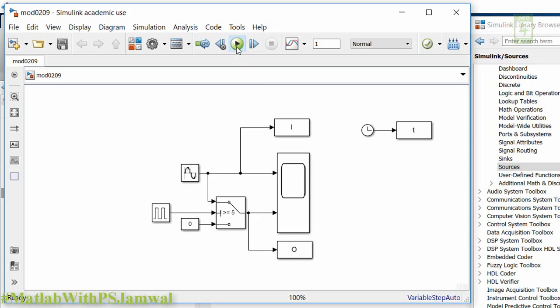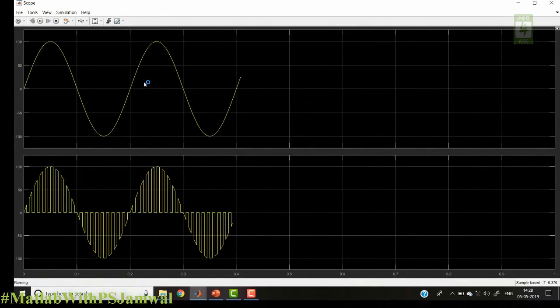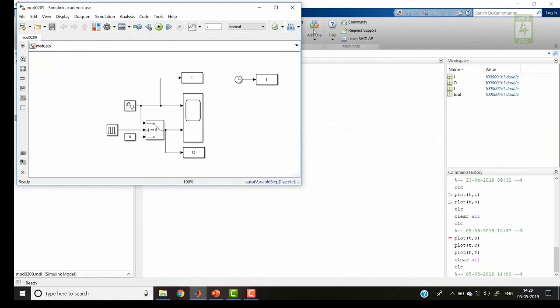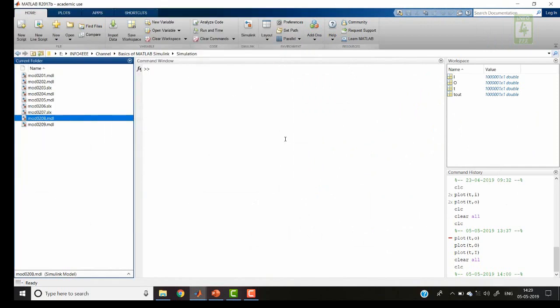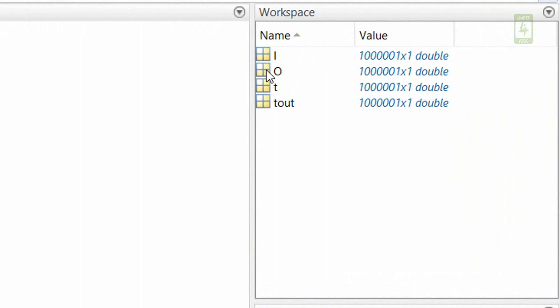Now run this simulation and go to the command window. Here you can see that input data, output data and time data, all 3 are available in the workspace.